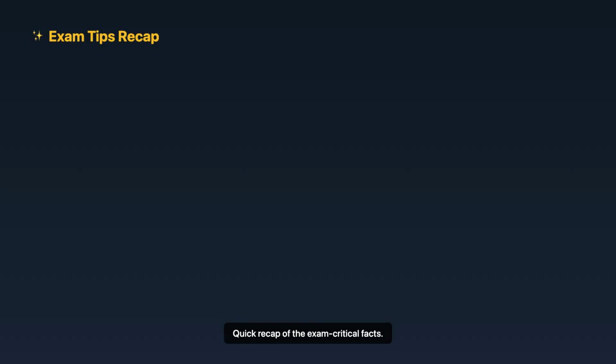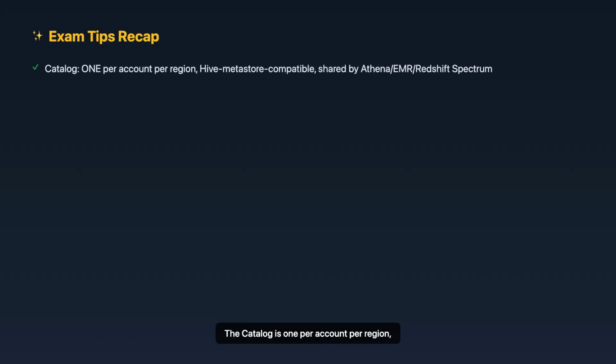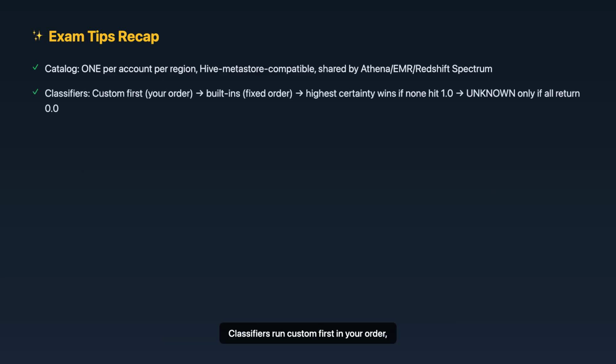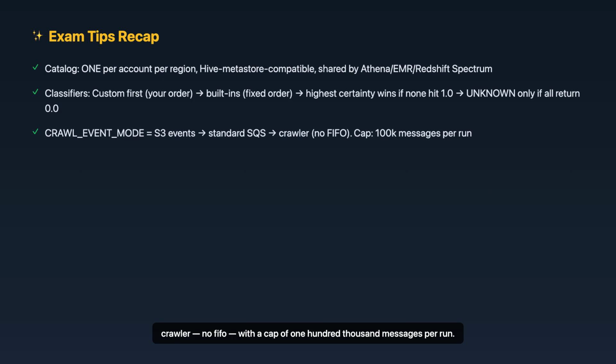Quick recap of the exam critical facts. The catalog is 1 per account per region, Hive-compatible and shared by Athena, EMR, and Redshift Spectrum. Classifiers run custom first in your order, then built-ins in a fixed order, with the highest certainty classifier winning if none hit 1.0, and unknown only when every classifier returns 0. Crawl event mode is S3 events into a standard SQS queue into the crawler, no FIFO, with a cap of 100,000